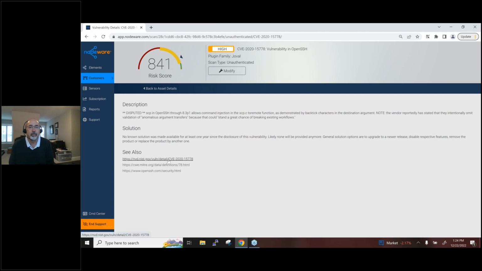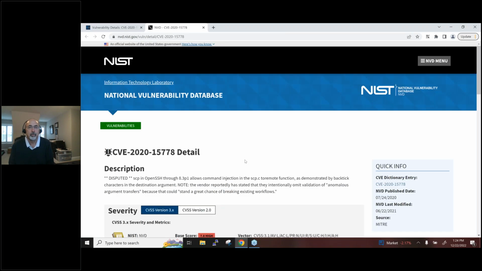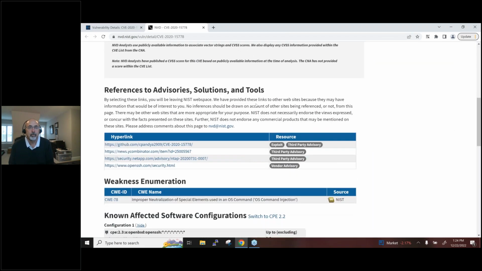And then the CVE also is the actual link. I like to use the NIST database. It takes you right to that vulnerability. And if you go down to advisory solutions and tools, you can find here's a third-party patch advisory. I can follow this link, and it will walk you through some suggestions of what to look for and how to remediate that. That is a good step towards helping you with the research, but again, there's still eyes on page to be able to make a determination, where with credentialed scans, there is no need to research.